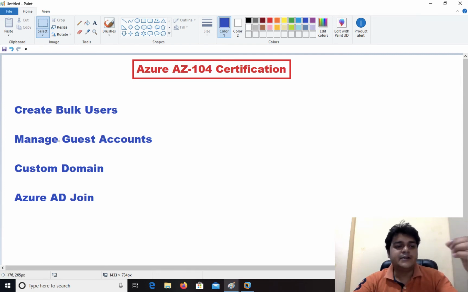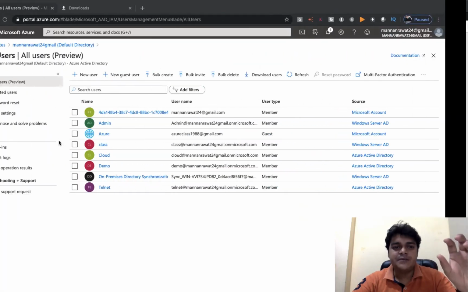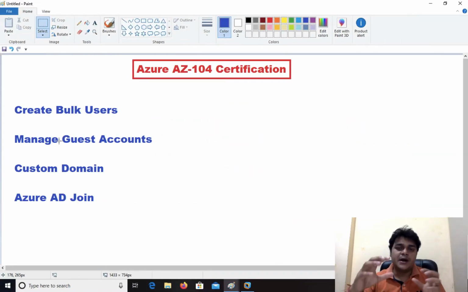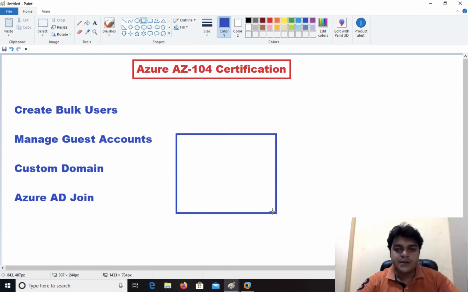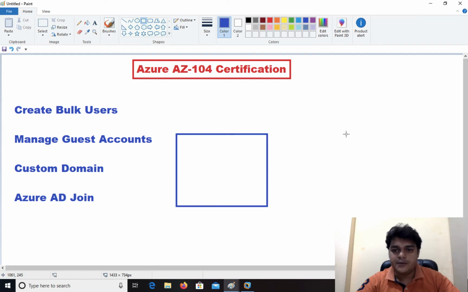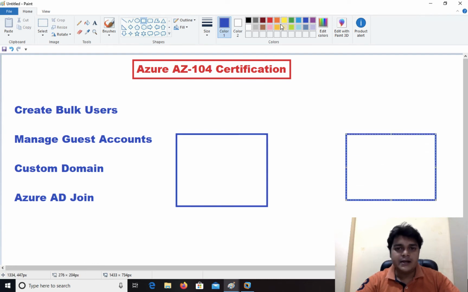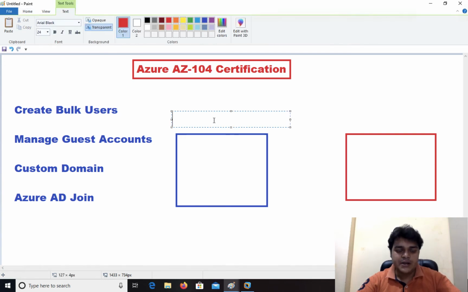Now the second option: we are going to understand the guest account. First of all, let's understand what exactly a guest account means. As per the name, a guest account means you are planning to share your resources with another user account, one that is already using Azure services. For example, this is one user account with the name XYZ and another user account with the name ABC.